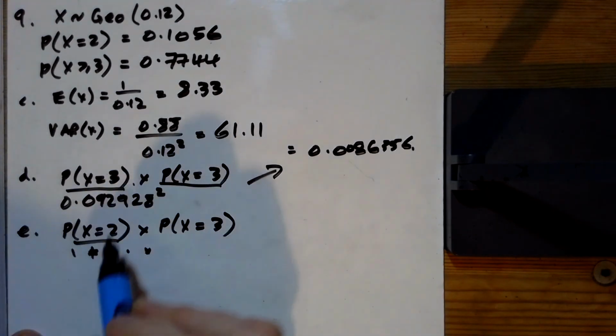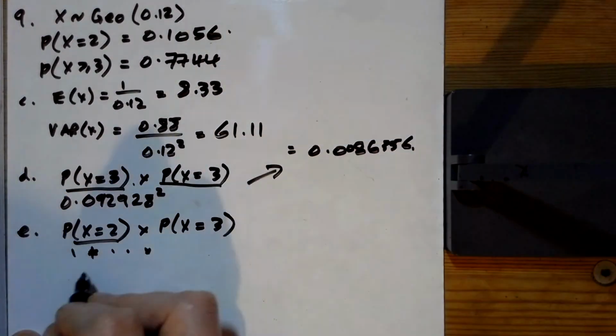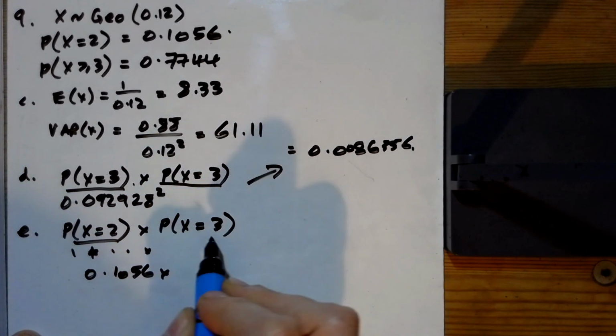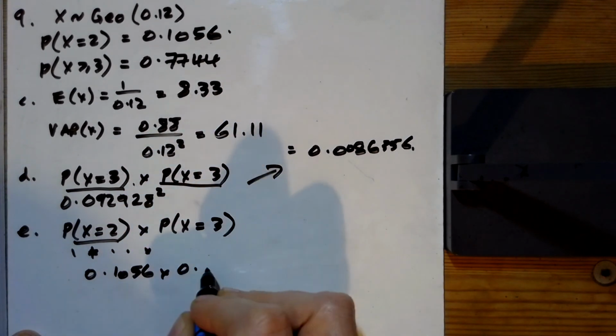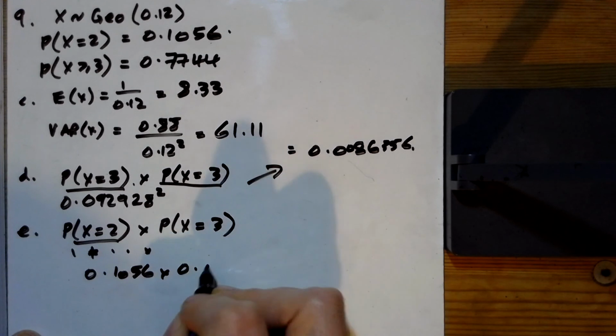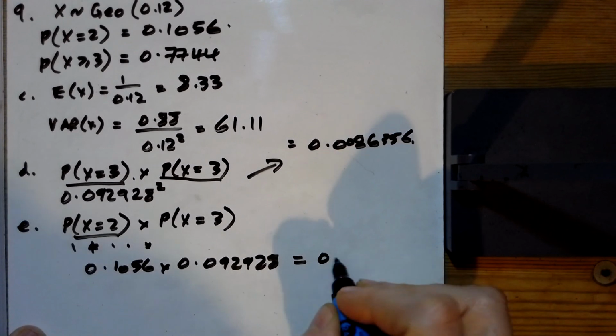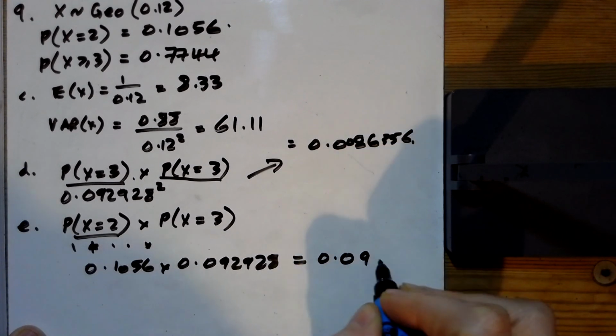So we know x is equal to 2, we had it earlier, so that's 0.1056, and we've just done x is equal to 3, so that one's that one there, 0.09292. And if I times those two things together, I'm getting 0.098